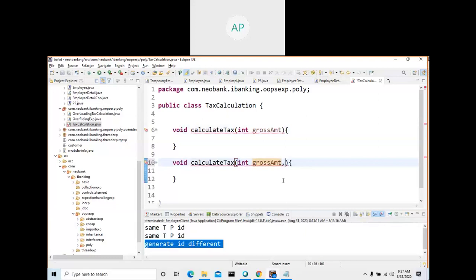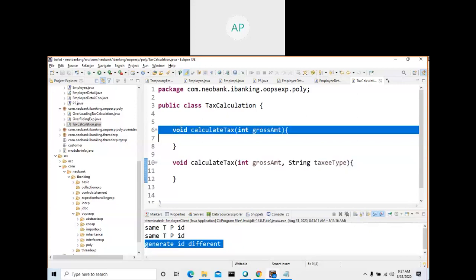But if you give some other parameter, now there won't be an error. The name is the same, but I have different parameters. Here there is one parameter, here there are two parameters.